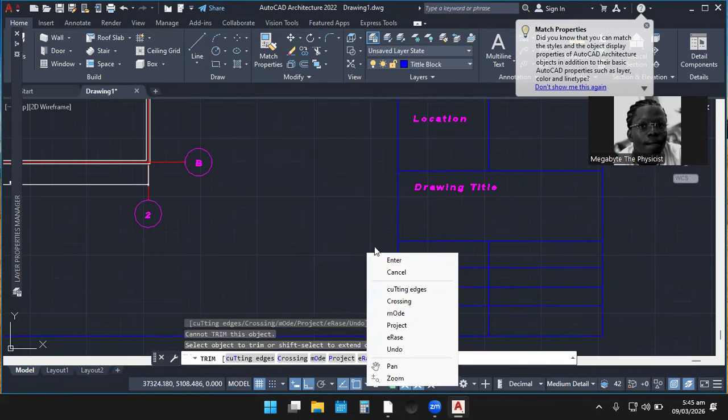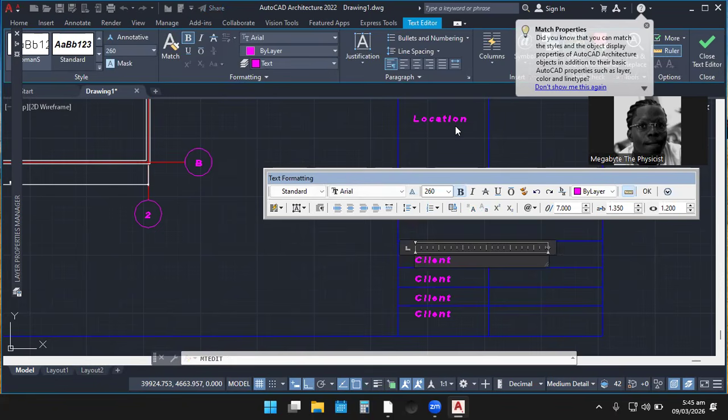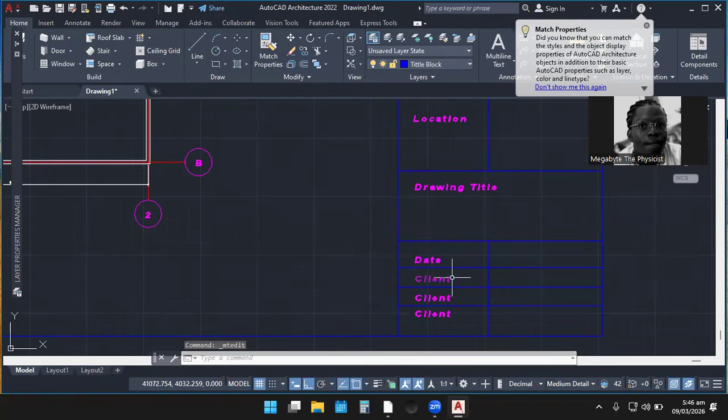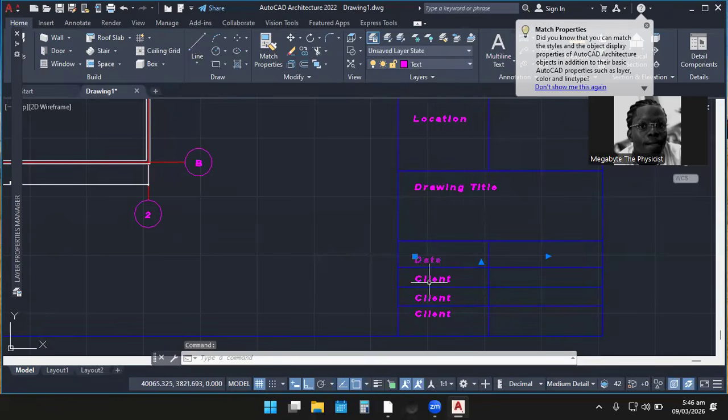So the names, you can just change the names. So the date, let's change this to date. Edit, we can put dates over here. And also we can put scale inside this box.